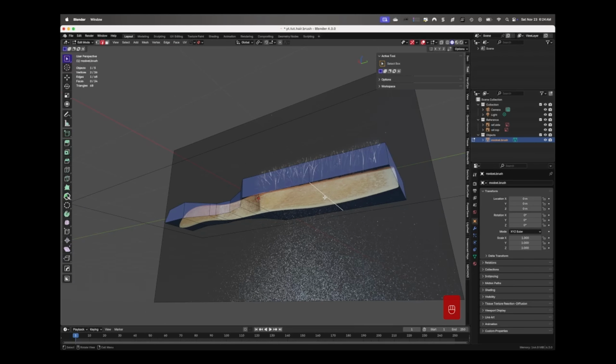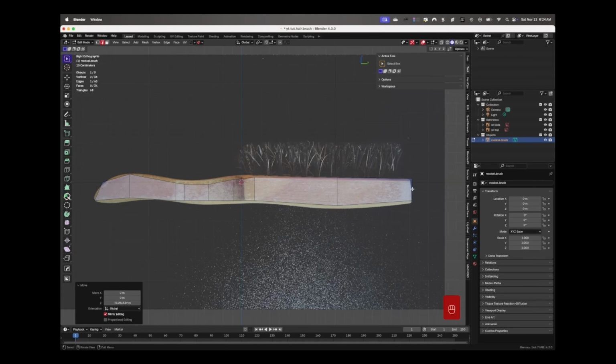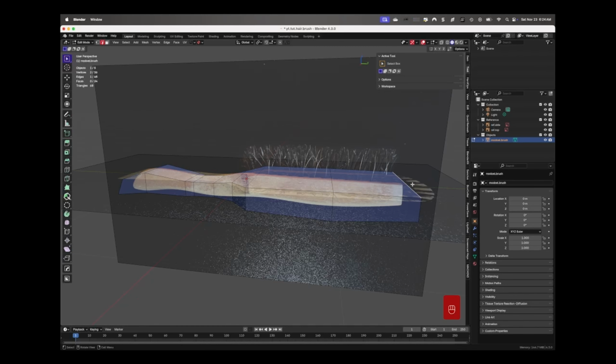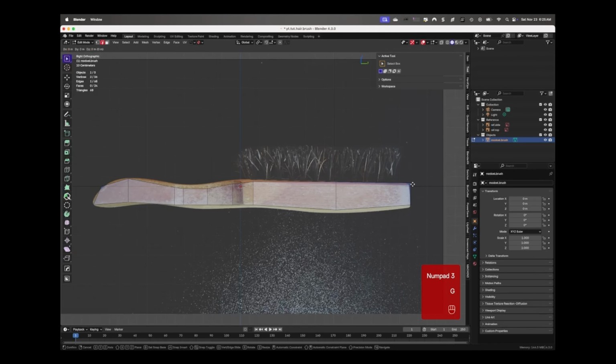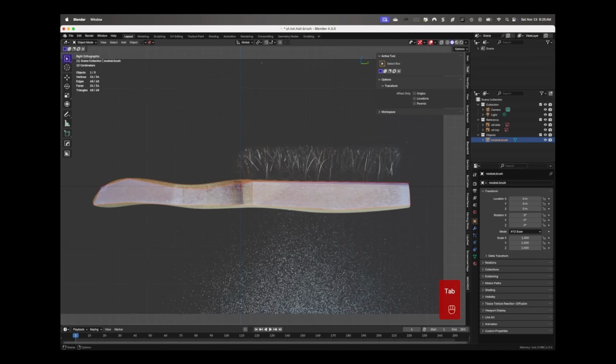So really all I'm doing right now is just tweaking some things. Okay, and that's pretty close. It doesn't have to be perfect because, like I was saying earlier, the subdivision surface modifier is going to do most of the heavy lifting for us. I just want to get the basic building block shape of this thing. That's what we're focused on now.